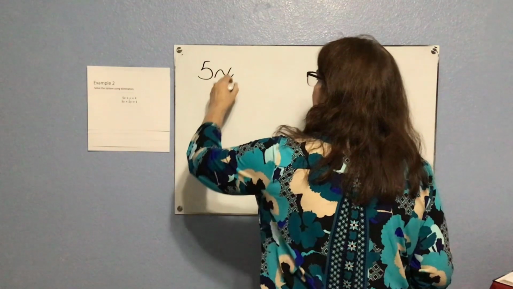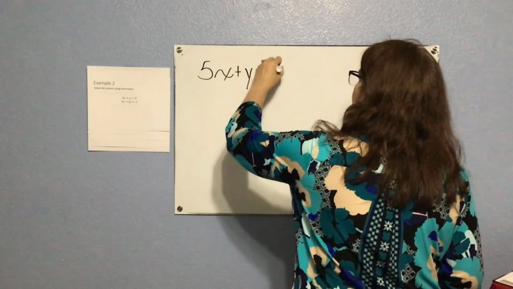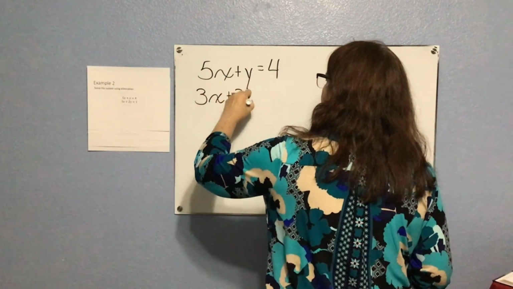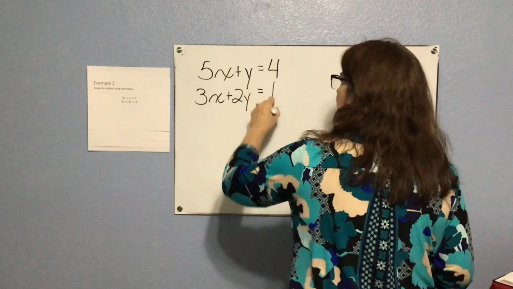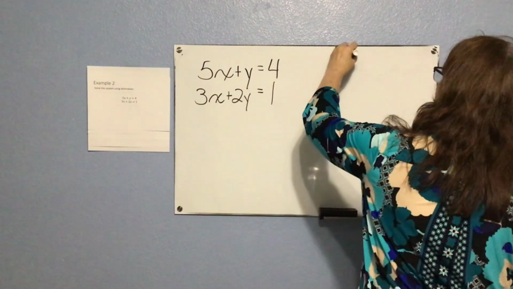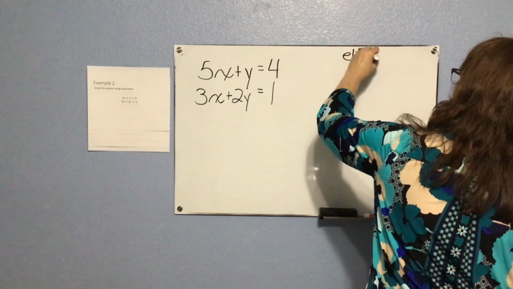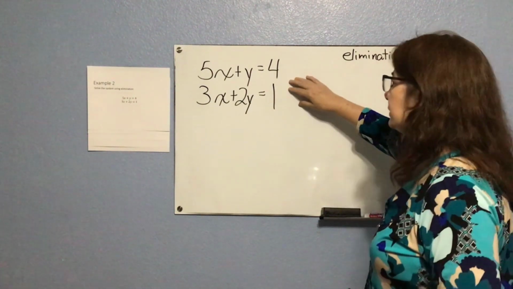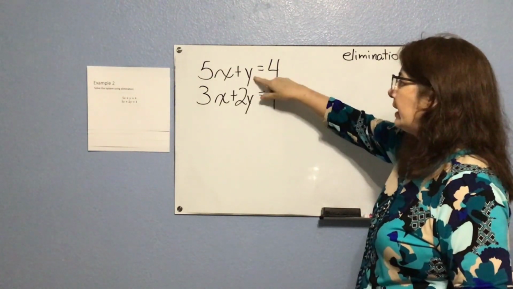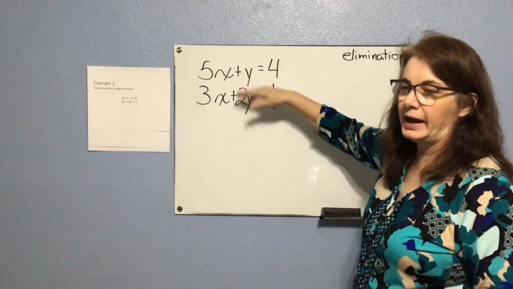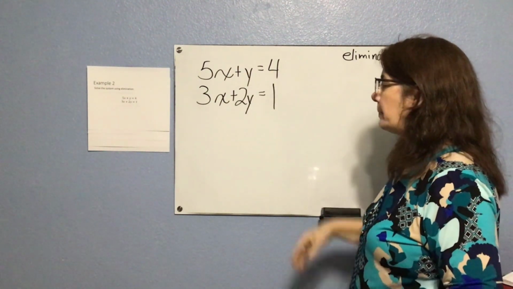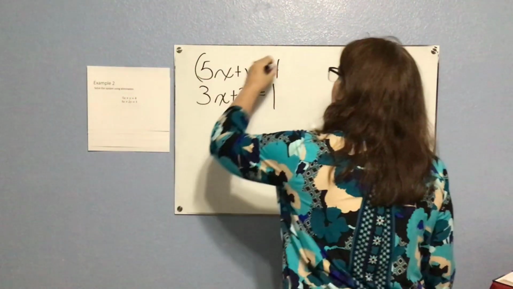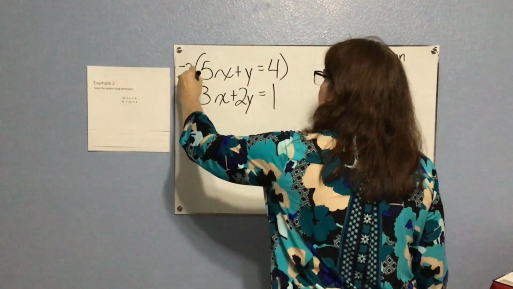I've got 5x plus y equals 4, 3x plus 2y equals 1. And I want to use elimination. Okay, I can see in these equations that I have 2y here. So if I had negative 2y here, when I added the two equations, the y's would drop out and I would have only x's. So to accomplish that, I'm going to multiply this equation by negative 2 all the way across,